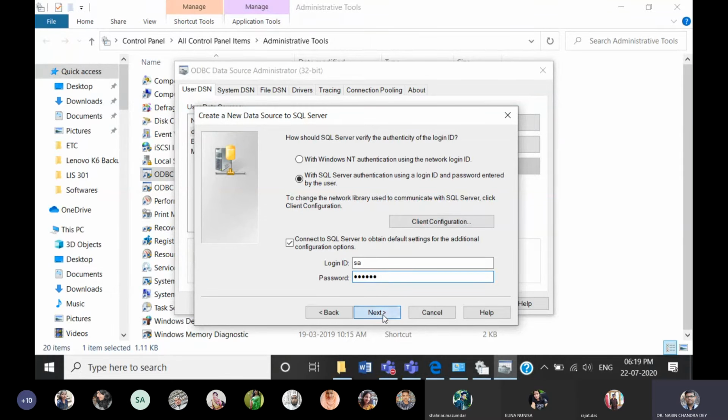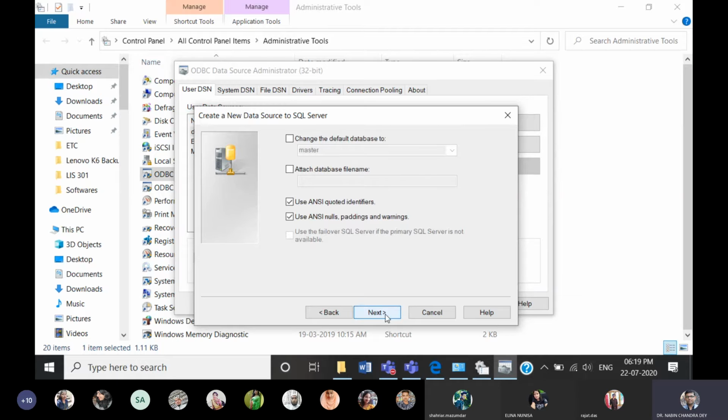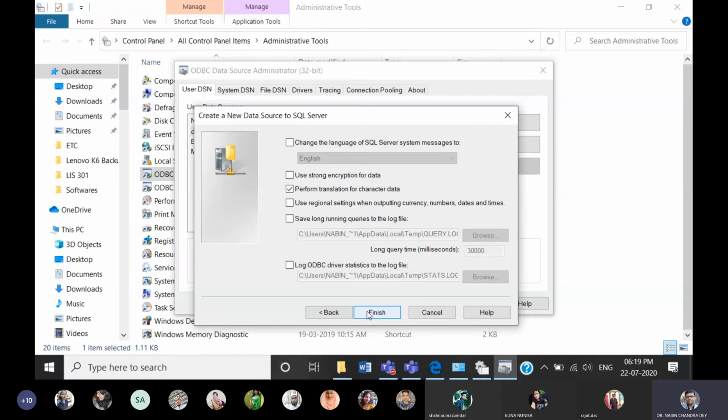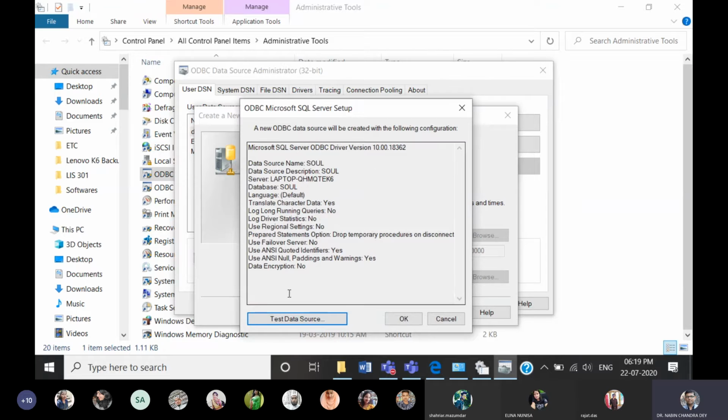So I click on next. Another screen has come up. Now I have to select the database which I created in step 3. Do you remember I created one database for Sol? I have to select this. I have to change the default database; from the drop down menu we can get it. See, you're getting Sol? Yes, sir. So I select this. It is done. I select next. Okay, nothing I have to do here. Just click finish.